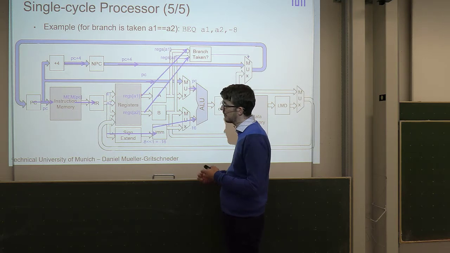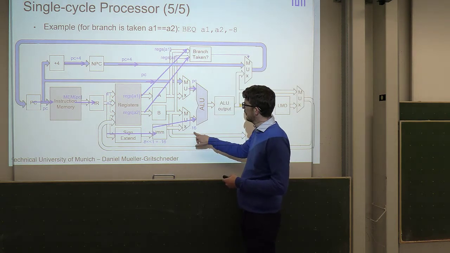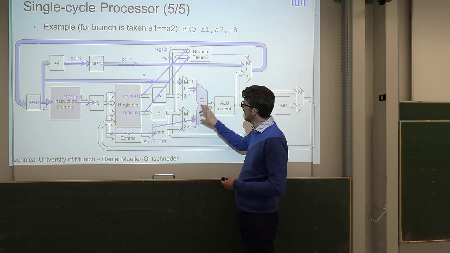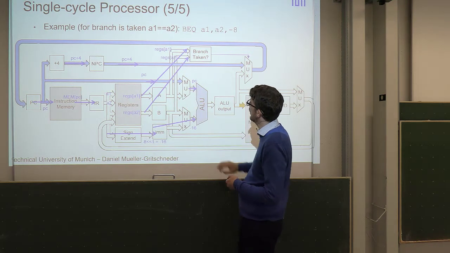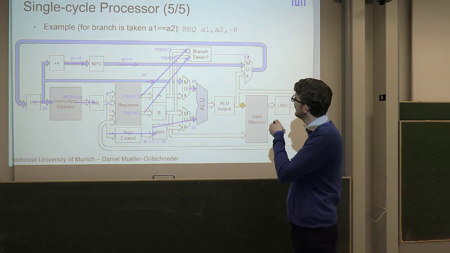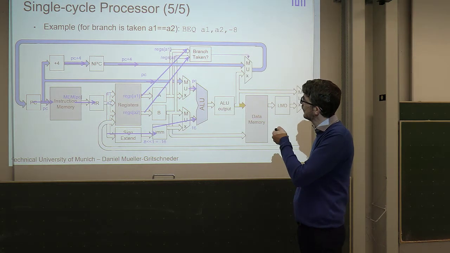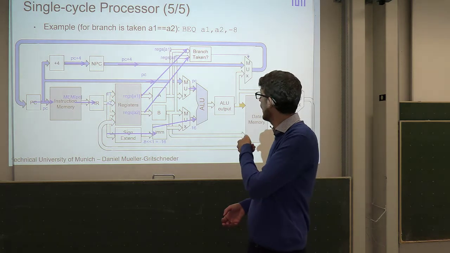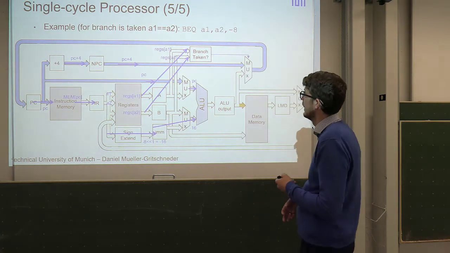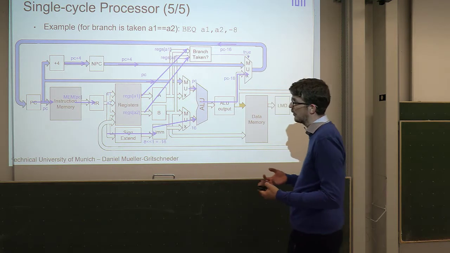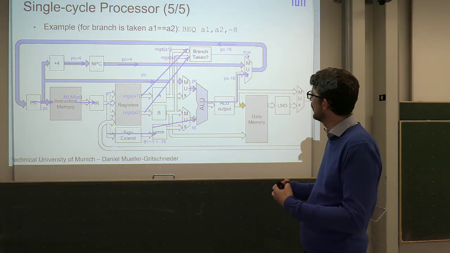Okay, now the data flow becomes a little bit complex. What we have to do is we have to find out what is the new PC, right? So we have to take the PC minus 16. And for that, we are using the ALU. But at the same time, we also have to find out whether A1 is equal to A2. And what we are doing is we are moving the values in A1 and A2 up here, and there's another unit which does these comparisons, right? So this is basically a comparator which says is the branch taken or not, right? So now what's happening is, so this one would say it's true, which means the branch is taken, so we should do the jump. So instead of going for PC plus 4, we should now go to PC minus 16,